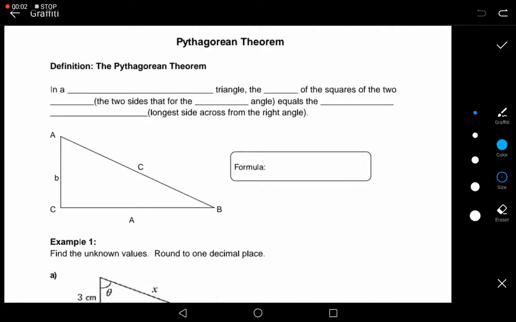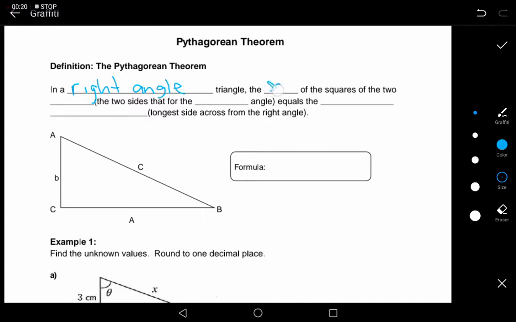This is diagnostic review, note 2 on Pythagorean theorem. So the definition, the Pythagorean theorem. In a right angle triangle, this only applies to right angle triangles,